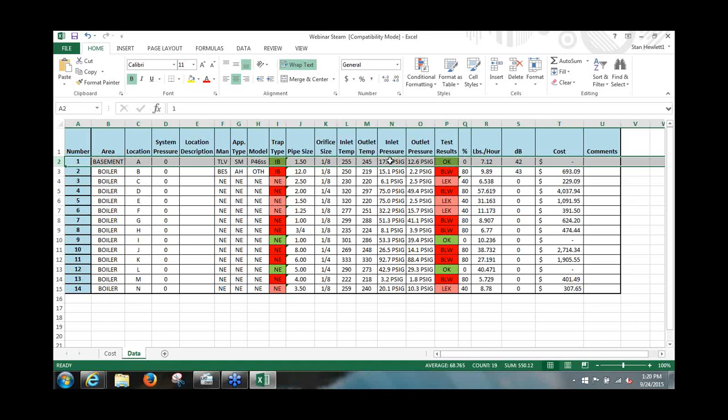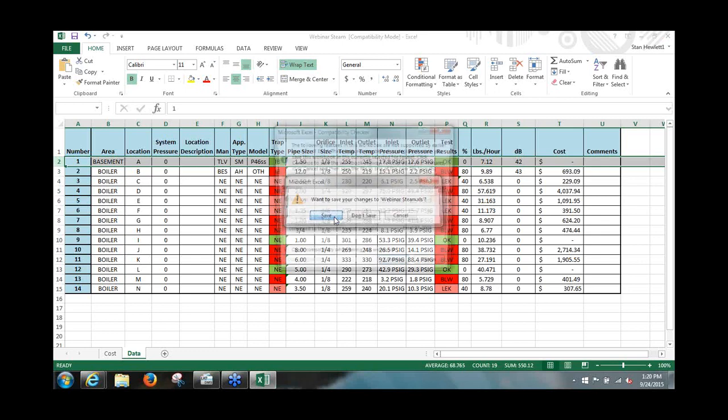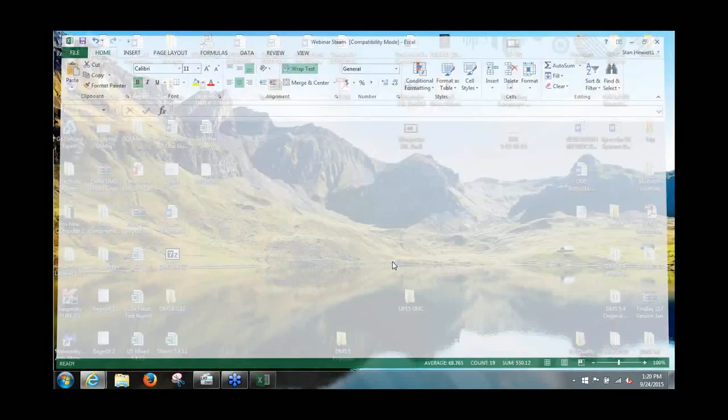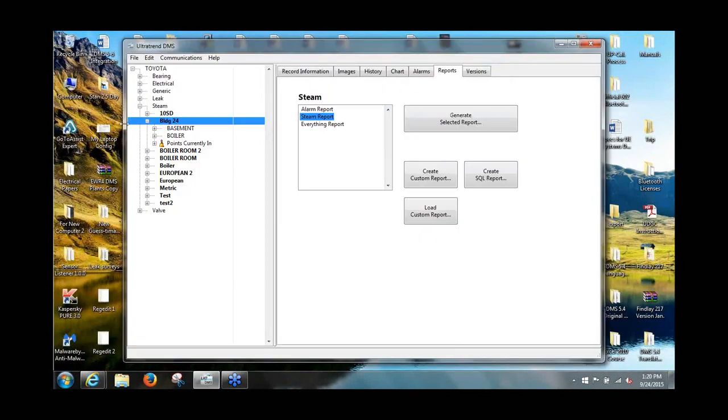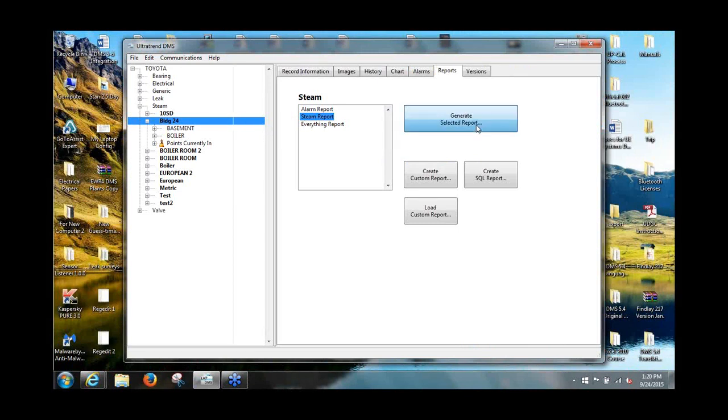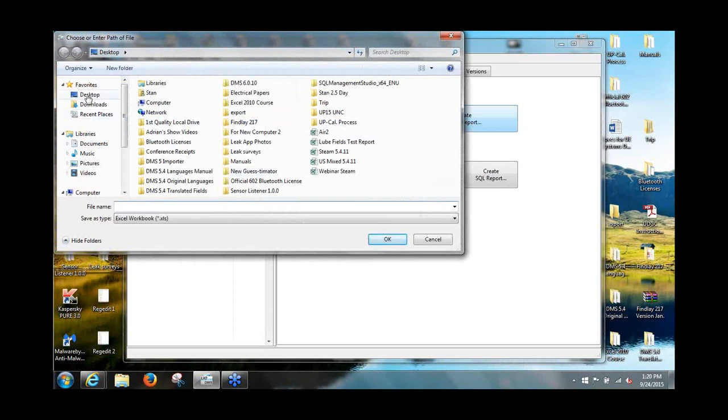So the main thing is, if there are certain areas that you don't want, like the location or the system pressures, that you don't want to bring over to the report, you can make it a little bit more condensed and easier to read. We can close this out, and I'll show you how to exclude certain areas. So we highlight the group name again, select Steam Report, generate selected report, create a name. I'm going to say Modified